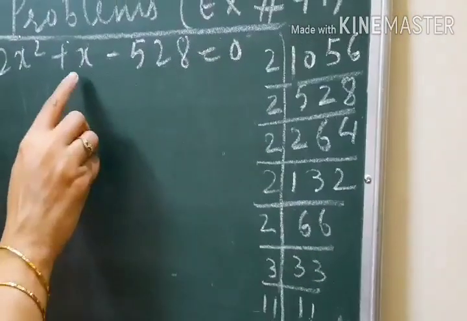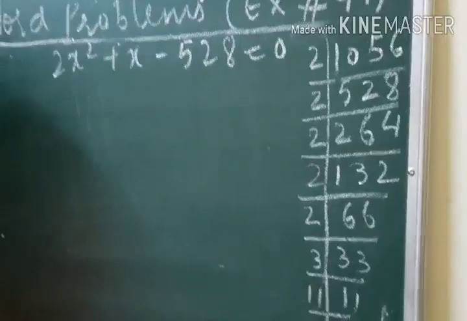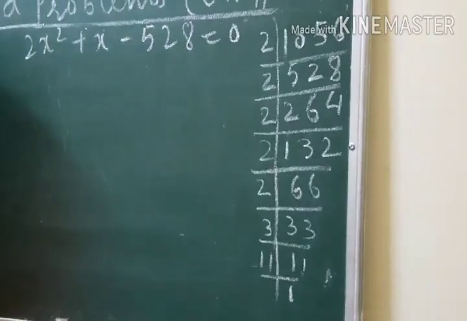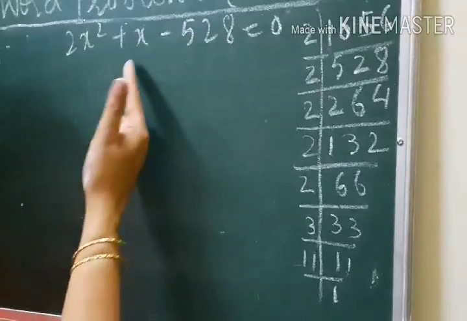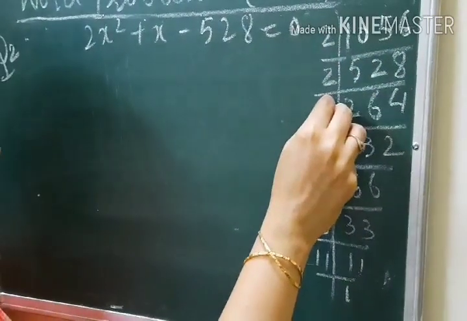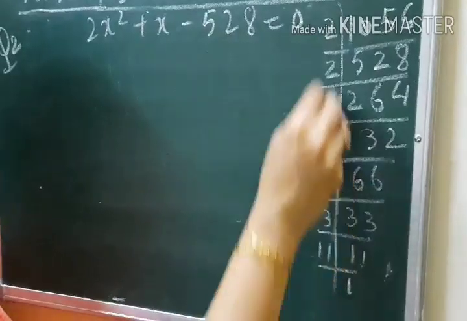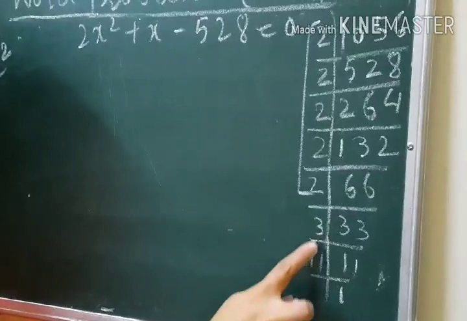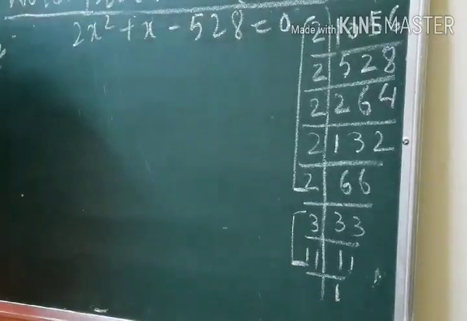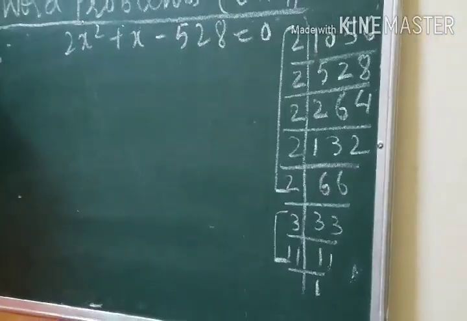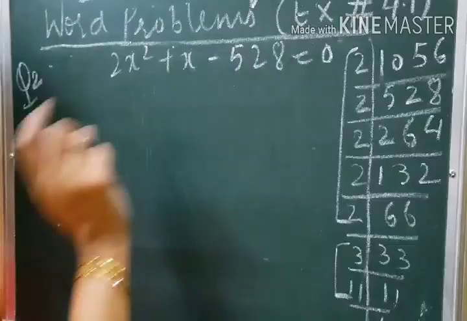Now you need only some of all these factors. That is, you have to multiply a few factors, and multiply another few factors, so that you get two numbers whose difference is 1. So I am just taking 2 2s are 4, 4 2s are 8, 8 2s are 16, 16 2s are 32. I am stopping it here. 32, and 11 3s are 33. So one factor is 33, another factor is 32. When you subtract 32 from 33, you get 1.